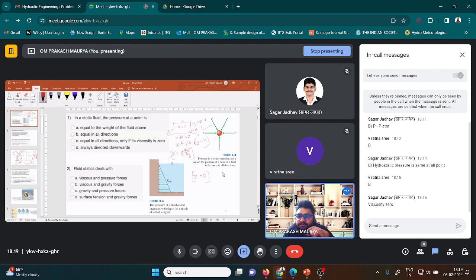Fluid statics deals with what? Option A, viscous and pressure force; option B, viscous and gravity force; option C, gravity and pressure force; option D, surface tension and gravity force. Fluid statics deals with what? Please give your comment. In case of the fluid static condition,